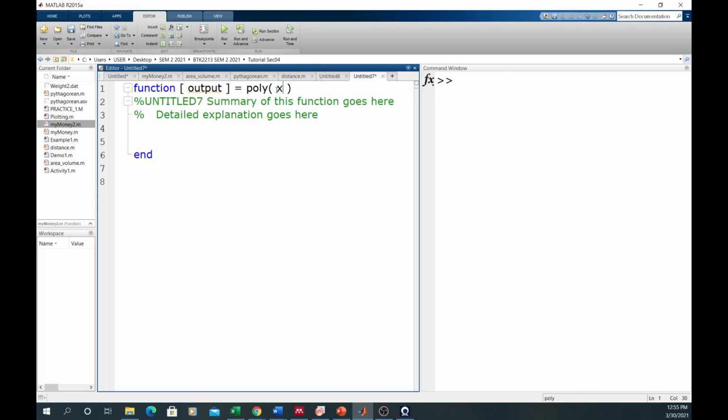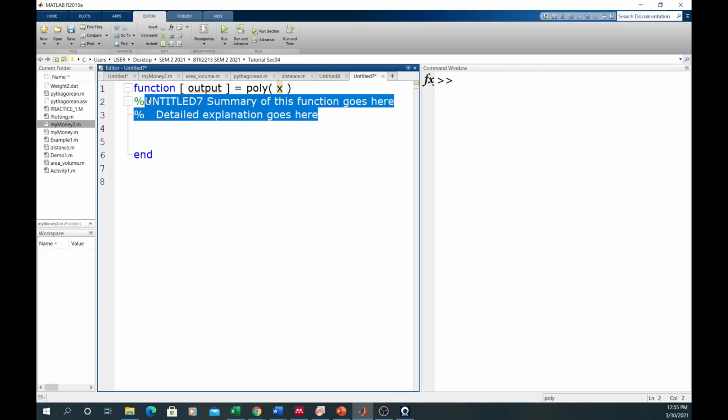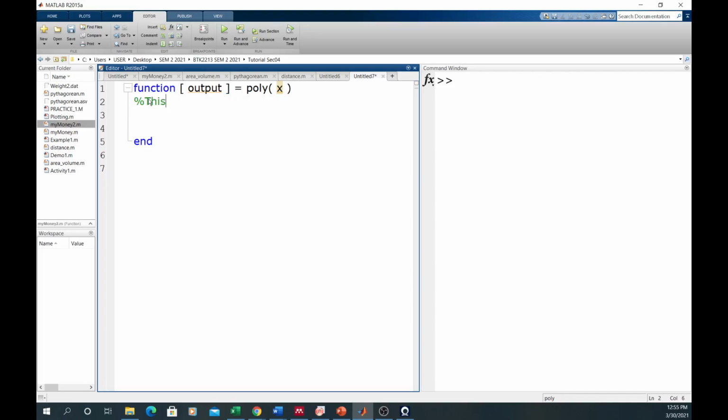And then to describe whatever the function is all about. So this function calculates the value of a third order polynomial. Yang ni kalau panjang sangat, so saya boleh letak kat bawah ni. And then